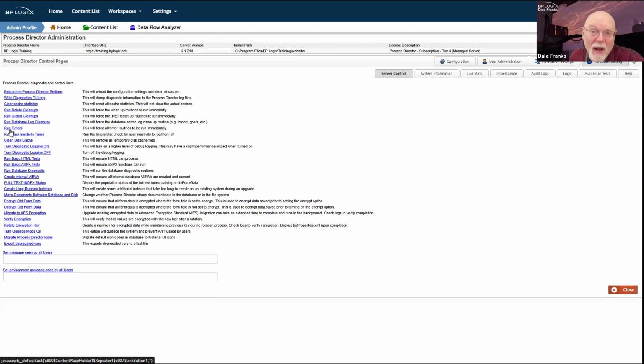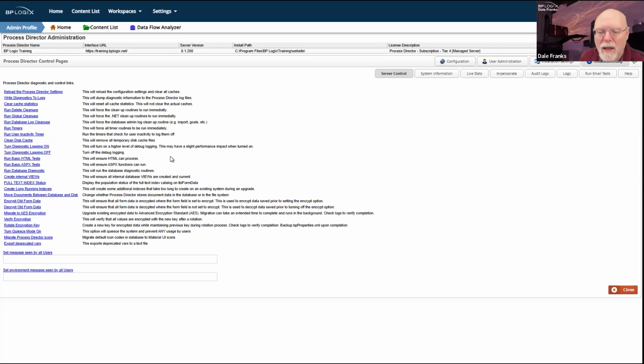If you're on a development system and you have something that has a time-based constraint, the way timers work on the system is timers don't get checked until timer checks run, right? There's no ticking stopwatch a la 60 minutes that is counting down elapsed time anywhere. Timer checks have to run. And on a development system, timer checks probably only run every 20, 30 minutes. And so if you want to ensure that a timer check runs, you can just pop the timers by clicking run timers and forcing the timer checks to run.